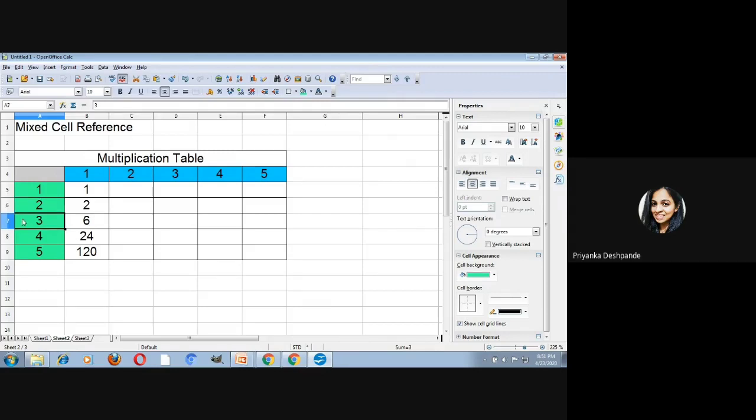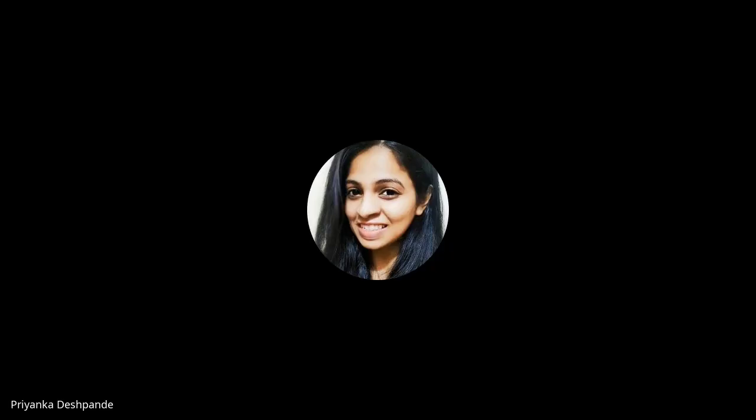Now here, when I am multiplying 3 by 1, it should be 3 over here, because 3 into 1 is 3, but here I am getting 6. Again, 4 into 1 should be 4, but here the answer is 24. And check here, 5 into 1 should be 5, but the answer is 120.